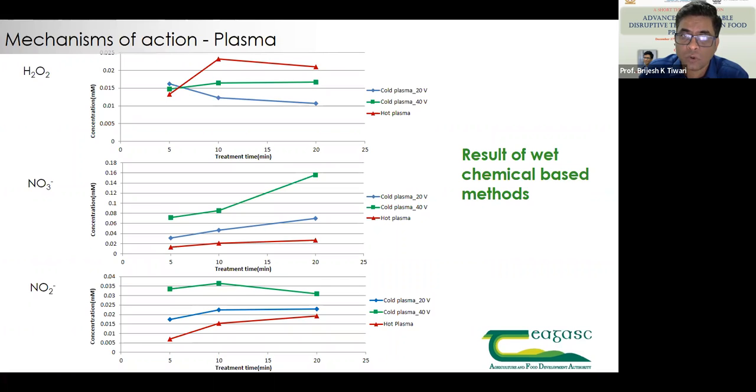there's no other parameter we play around with, because this is a commercial system which is used by a lot of surface engineering groups for modification of surfaces. And what we see is treatment of plasma in air. Within 5 minutes, we see a certain level of concentration of hydrogen peroxide, and then for 10 minutes and 20 minutes. So it is not that